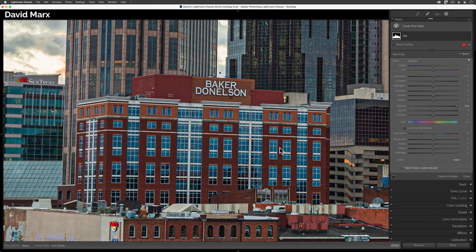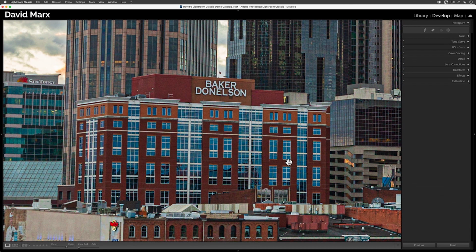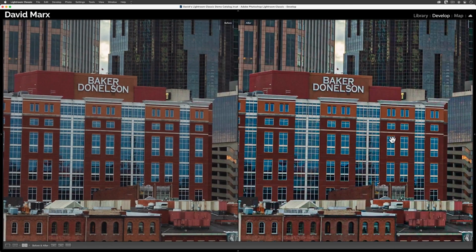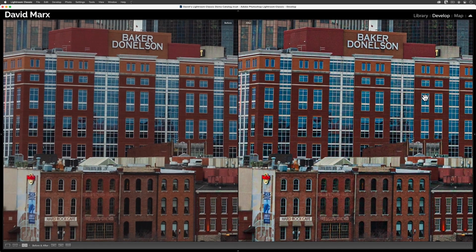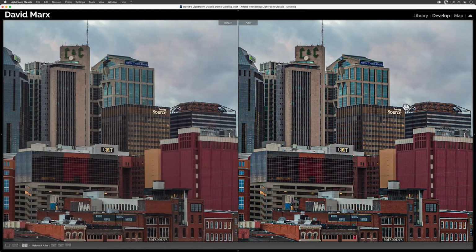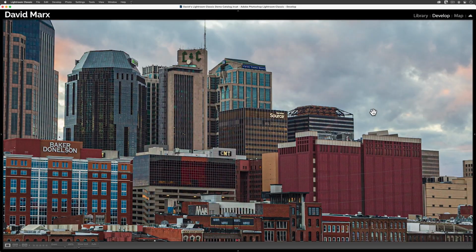Good. So let me close the masking panel. And now let me split my screen so that you can see a before and after view. The image on the left is what we started with before I added any masks or texture. And the one on the right is what we get with the texture slider turned all the way up. To my eyes, our finished product is way better, and the added fine details in these buildings really adds to this image. Now, I've probably overdone things here.